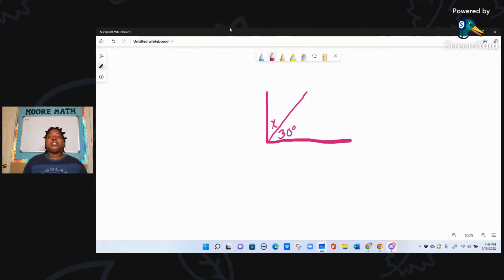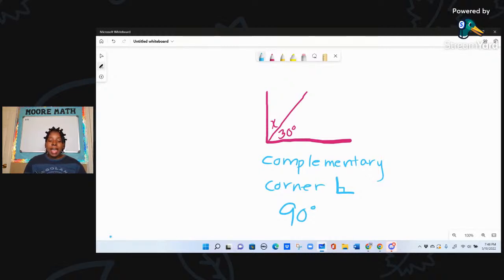So a complementary angle is an angle that makes a corner. I like to teach my students to remember the C's, right? Complementary angles are 2 angles that make a corner. When you add them together, you get that nice corner, and that corner makes a right angle. How much is a right angle? 90 degrees. So if I add these 2 together,